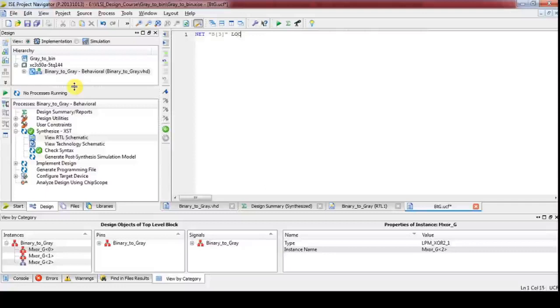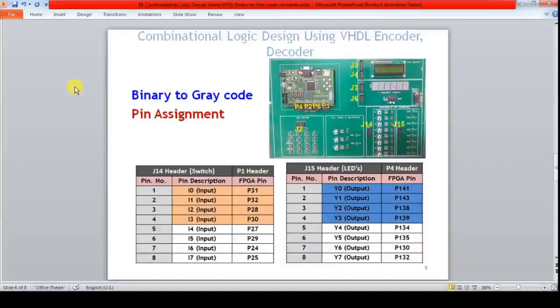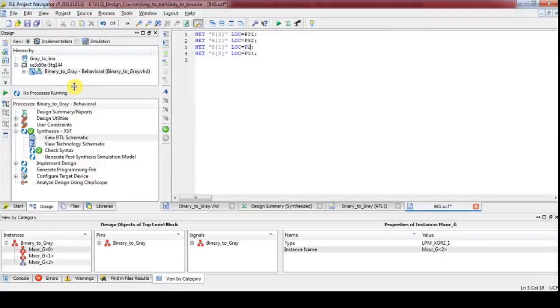So LOC equal to P31. Quickly finish 2, 1 and 0: P31, P32, P28 and P30. So the inputs are over.